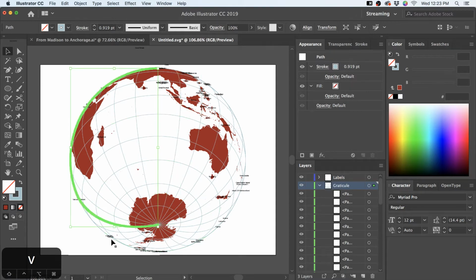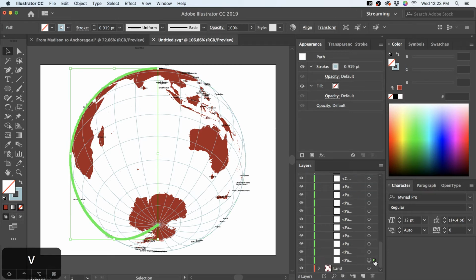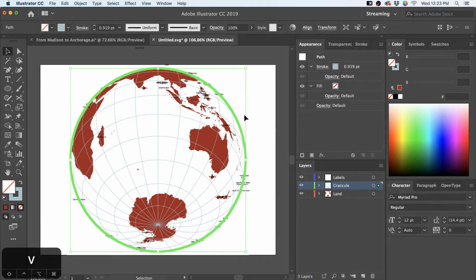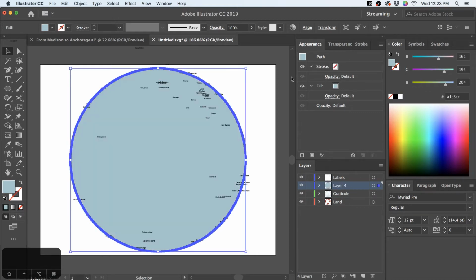But there are also curved strokes such that if I find the right ones, I should be able to piece together a circle. Oh, there's actually one at the bottom right here. Very good. Yeah, I've got a circle. That's probably just a line from the graticule that was right along the edge of the globe. So it basically forms the circle that we need to create an ocean. So I could, for example, drop that in here, and if I just changed color on it, that's a background.